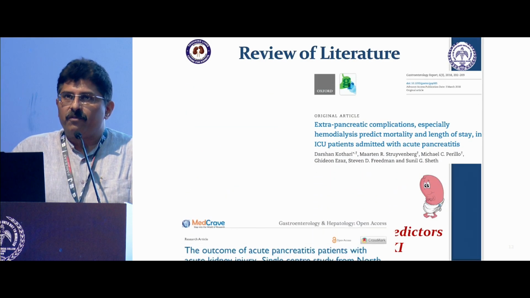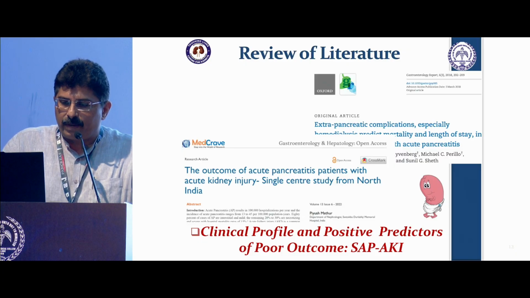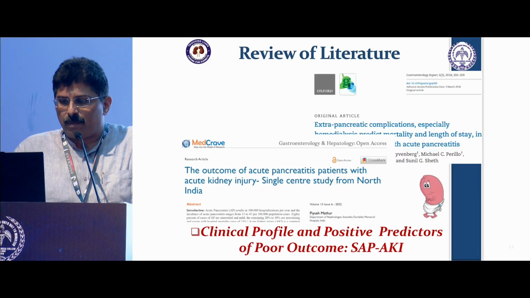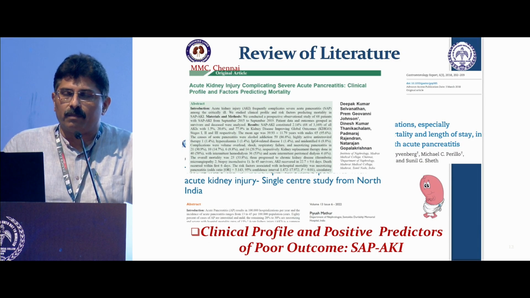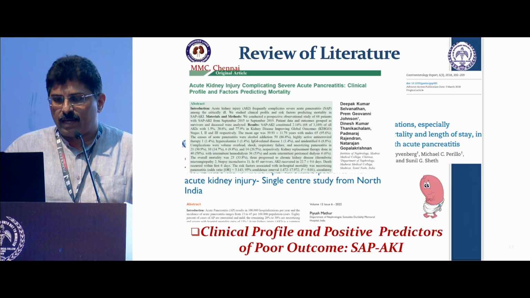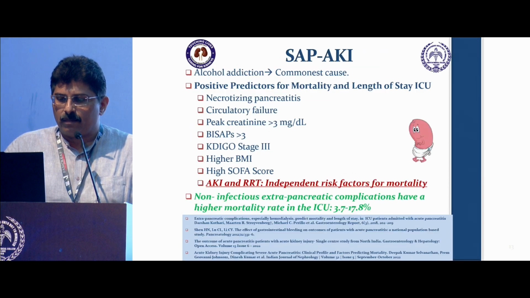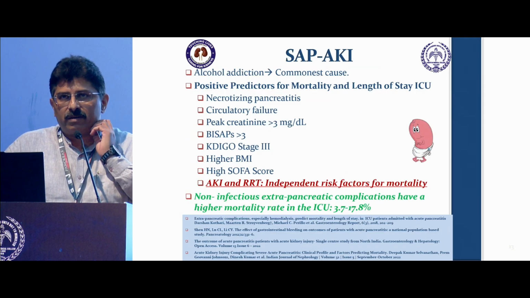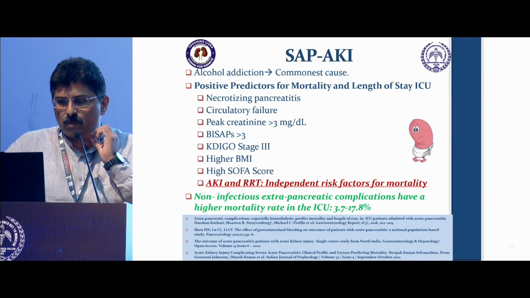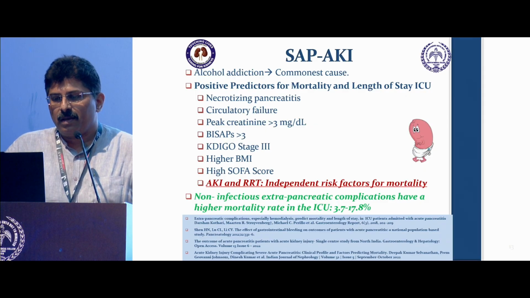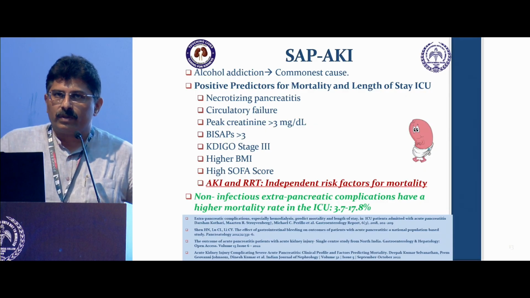So when you look at the few papers that came in, one was on extra-pancreatic complications, another paper from the north, and this is one from the MMC Chennai. When we looked at the acute kidney injury complicating these patients, their clinical profile and positive predictors of poor outcome are quite a few. Alcohol consumption was the commonest cause, and with all the 3 studies that they looked at,